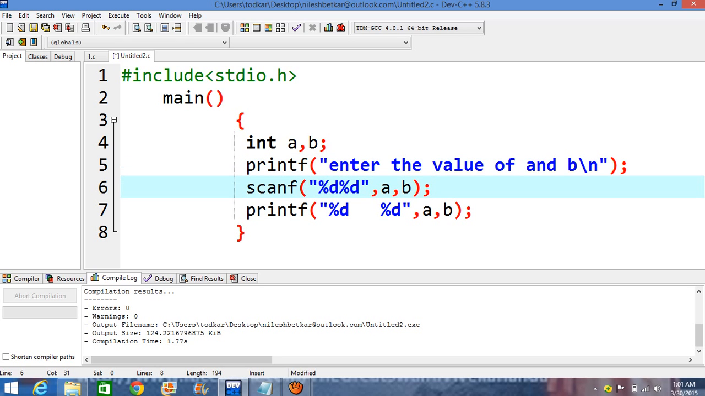Here we observe the difference between scanf and printf. Scanf here has %d, and there will be no space in the scanf. Also, scanf takes the input and stores it somewhere. When you declare the